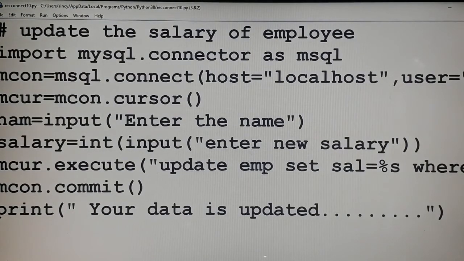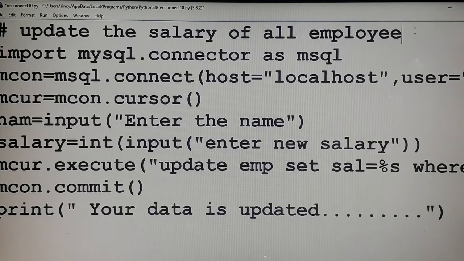Update table name, set attribute name and the new value where the condition part. Next, I am going to edit the same program and I want to update the salary of all the employees. Here I want to update the salary of all the employees whose age